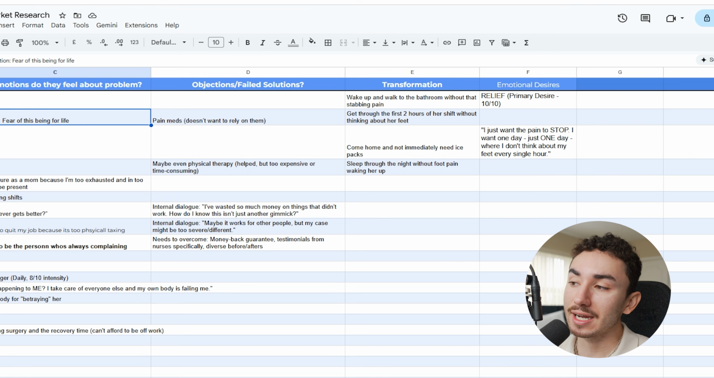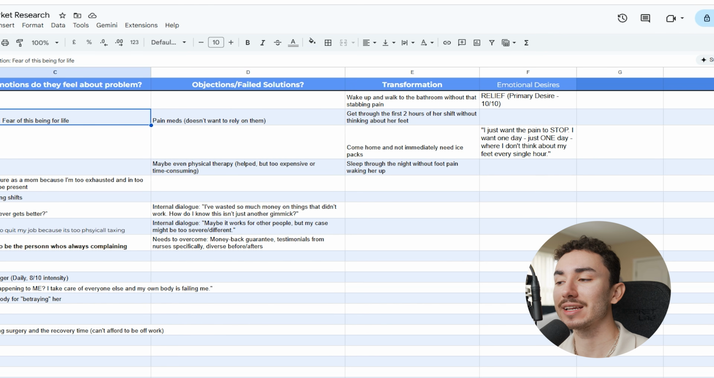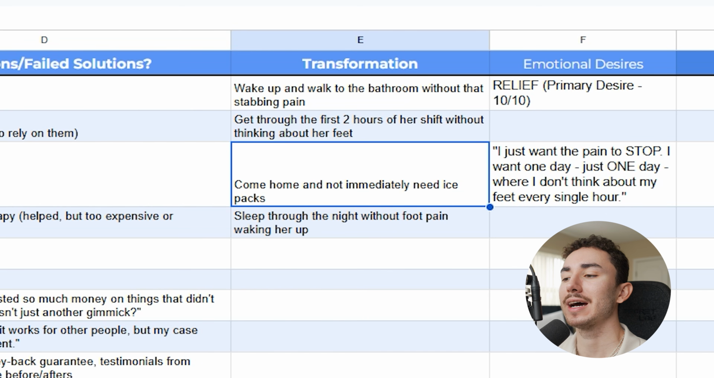And then the primary desire that they want is just actual relief to get that pain managed or just to stop it eventually one day. And I know it sounds a little bit crazy. So we have to understand what claims are believable to them, because if we just say this is going to solve your pain forever, they've probably heard that a million times. They're not actually going to believe that. So little benefits could be coming home and not immediately needing ice packs, to sleep through the night without foot